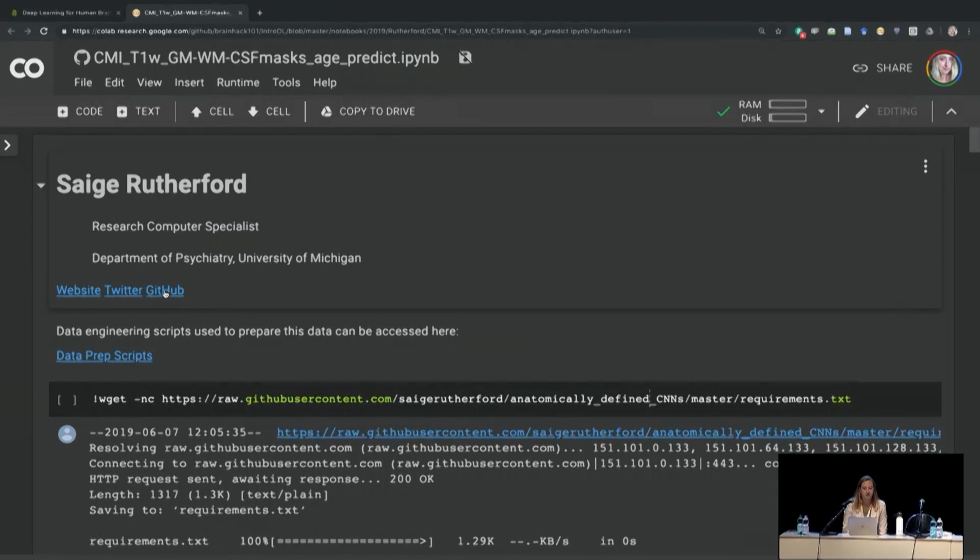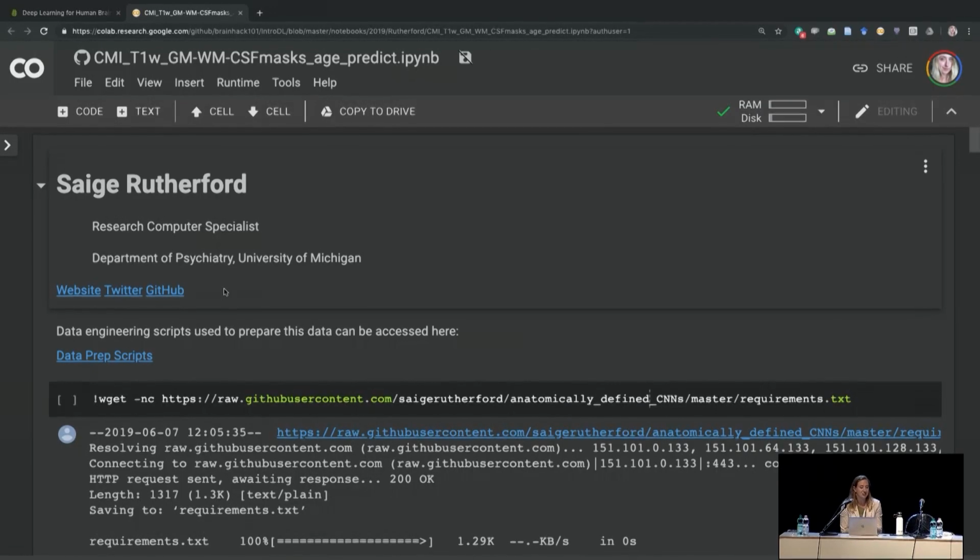So I, again, have a link. All of the code that we're going to be running today is in this notebook that we're going to run through together, but there's a couple of steps that I had to take in preparing this data. So if you're interested in looking at that, I do have a link to a GitHub here where I've linked some of those scripts, because while running deep learning models seems really easy when walking through a simple notebook like this, that's often not the case, and we spend a lot of time preparing our data,